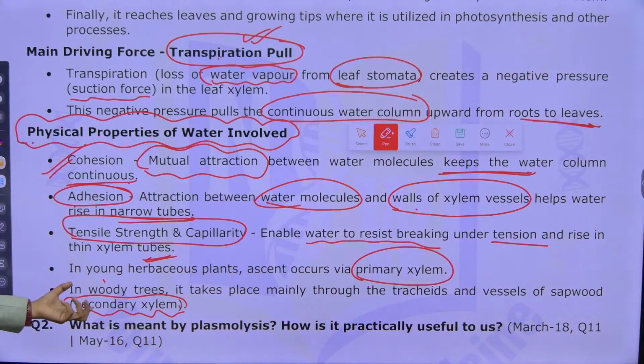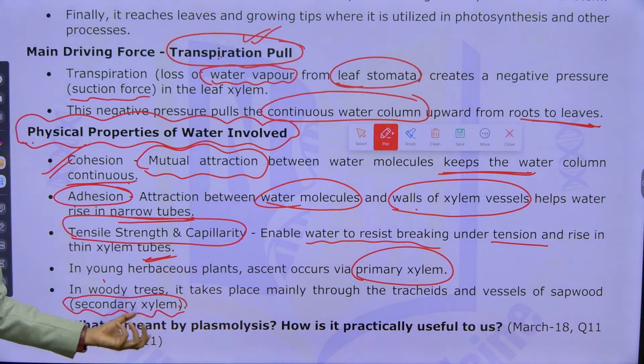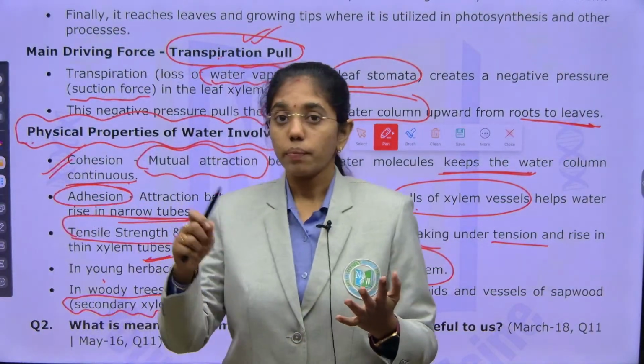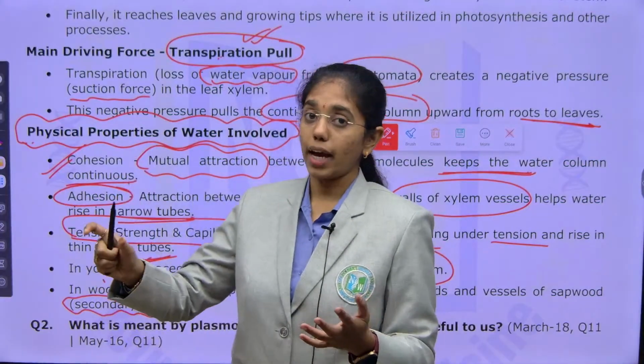In woody trees, the ascent or movement of water is through what? Secondary xylem. So, initially you will explain about ascent of sap, that is transport of water from root hairs, root